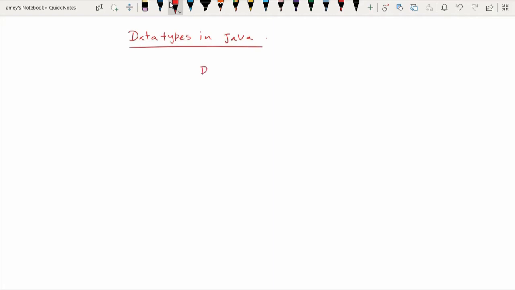In Java, any data type is divided into a primitive data type, which is also called intrinsic, and a non-primitive or derived data type.